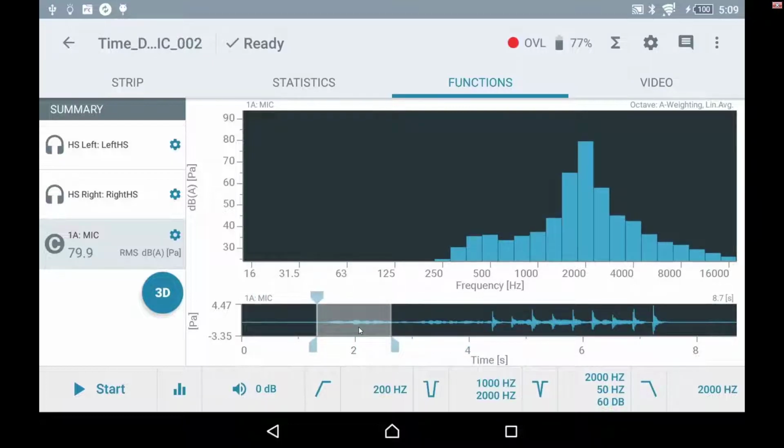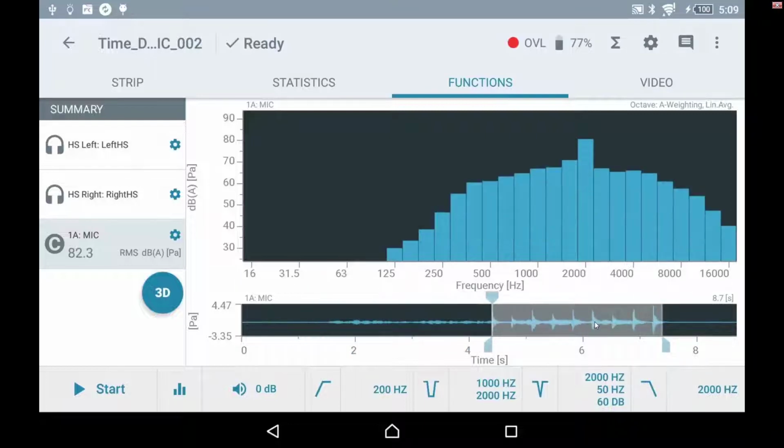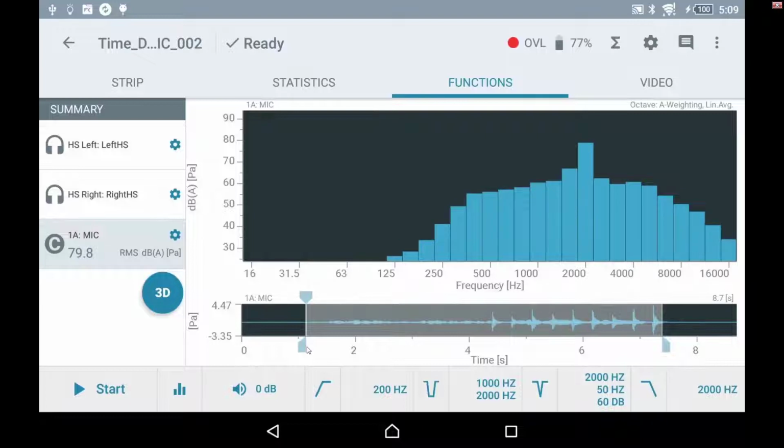Okay, so you see I took raw time data. Even though I was looking at an average with 50% overlap, I don't need to necessarily export that result. I could come in here and say only average, say, the whistling part, or I could grab this guy and say only average the clapping part, or the clapping plus the whistling, or I could just say average the whole thing. Okay, and so this is a way for me to specify very easily and graphically what content I want to include inside this average.